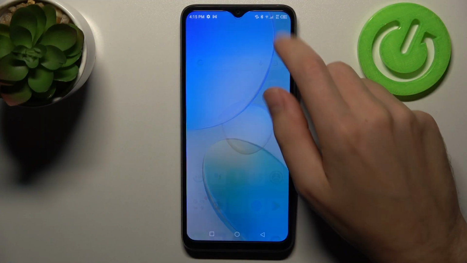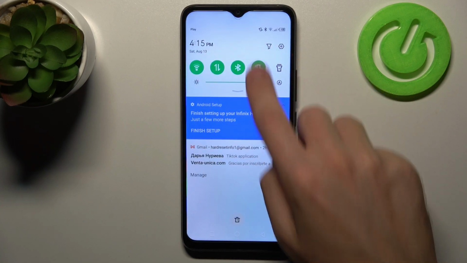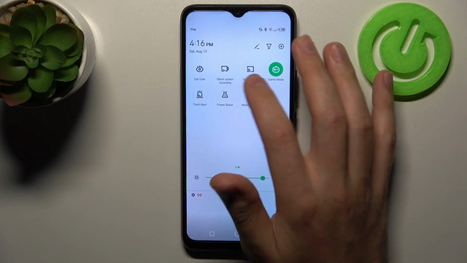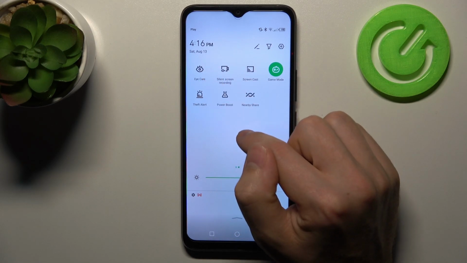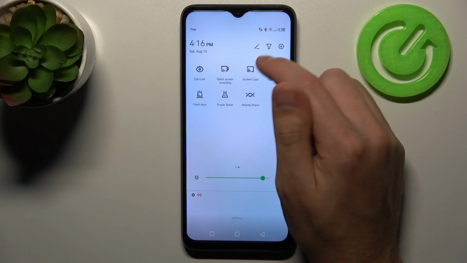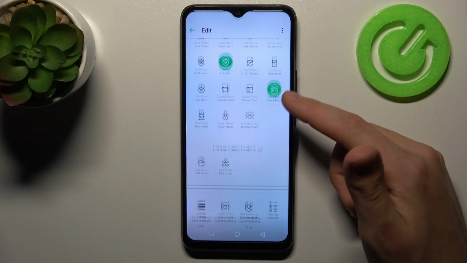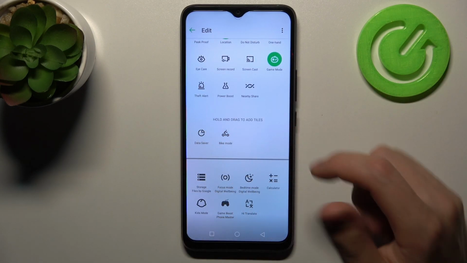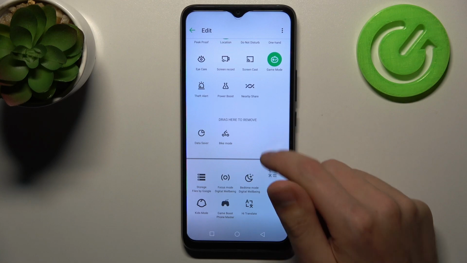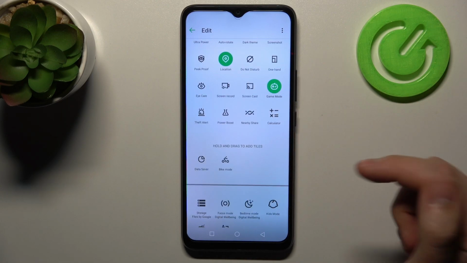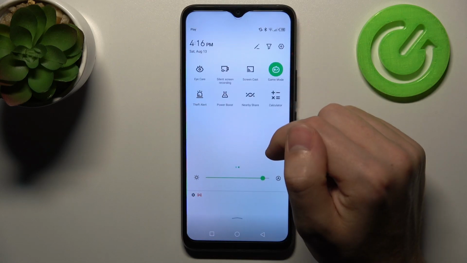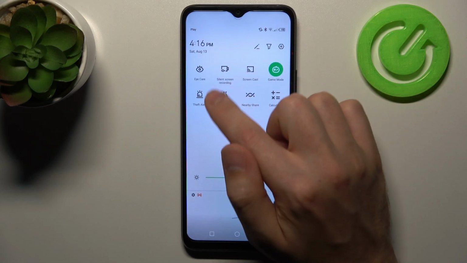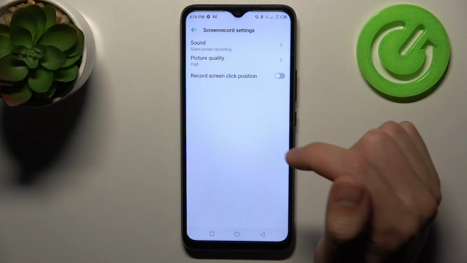First of all, open your top navigation bar and find the screen record button, this one. If you don't have this button here, tap the pencil, then scroll down, find this button in this block, and then press and hold and drag to the top like this to add it. Now to save your editing, click back, and now that we've added this button, press and hold, and here we